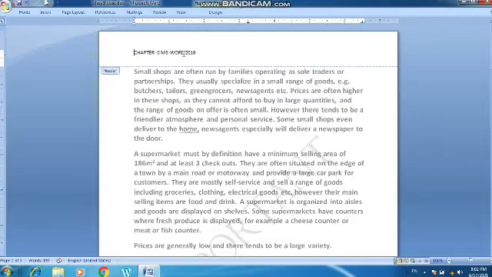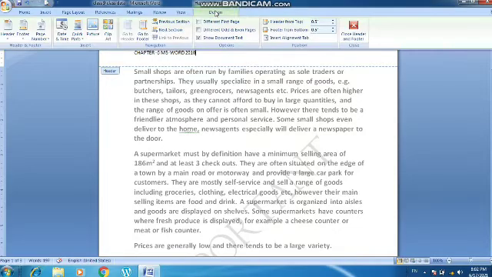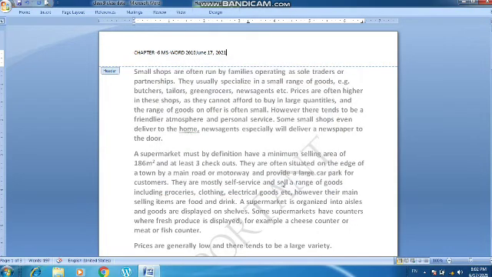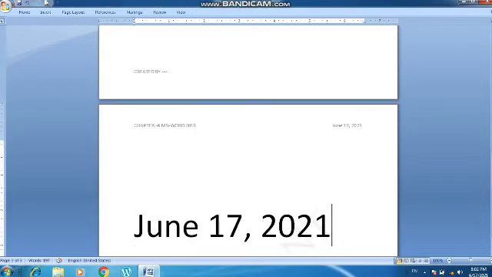First of all, you have to go to the Header option, and then you go to the Design tab. In the Design tab you will get the option of Date and Time on the left. Click on Date and Time. Click on any format of the date and time which you want. I have selected June 17, 2021, and here there will be a checkbox of Update Automatically. So click on that, press OK. So you can see here that the date is mentioned. I am giving some space so that I can see it properly. Right now it is showing 17 June in every page.